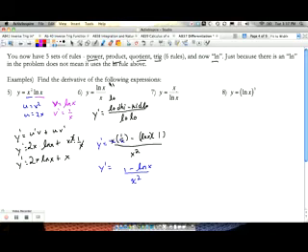This second one is similar, but just a little bit different. And sometimes you might notice that because it's so similar, we don't have as much work to do. But I'm still going to do it from scratch. What's the main change? On top now we have the high is x and the low is natural log of x. So I'm going to use the same template here. Low d high minus high d low over low low. Low d high, that means natural log of x